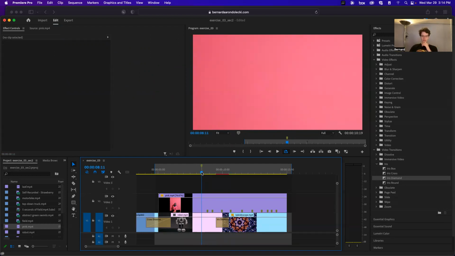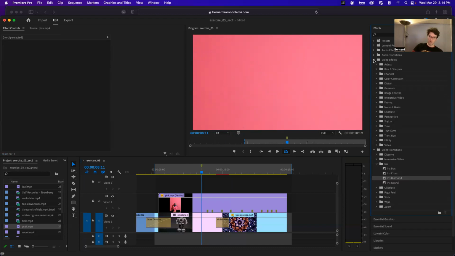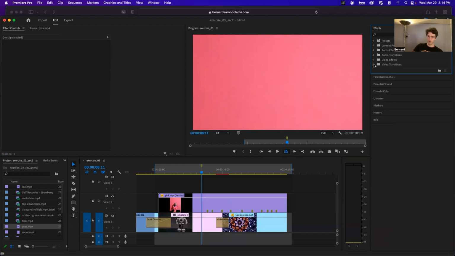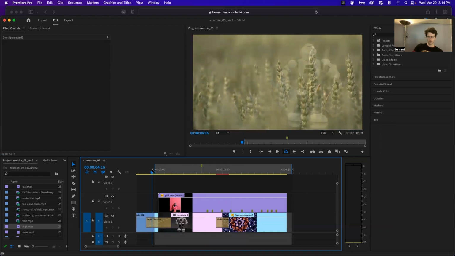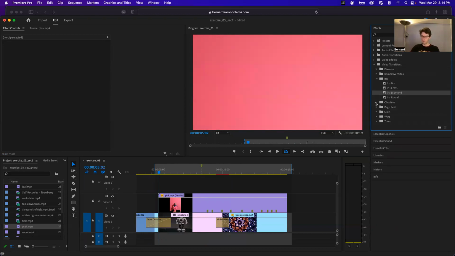But what I think would be interesting is, number one, let's put another transition on that. As you guys are managing your space, remember you could always collapse these drop downs if it's getting too confusing. Right now I just want to focus on video transitions to add, because at the beginning, this goes from my robot, it's like field into a robot, and it's barely a robot, and then pink, right? It's pretty annoying. So if we put a transition on this of some sort,